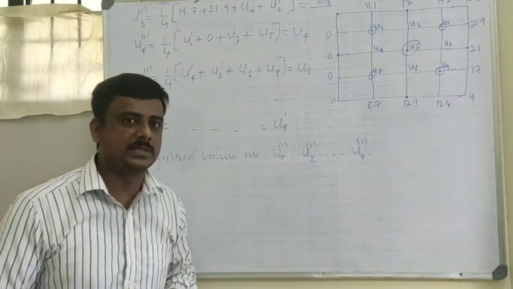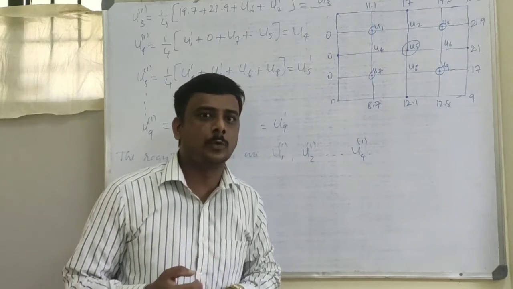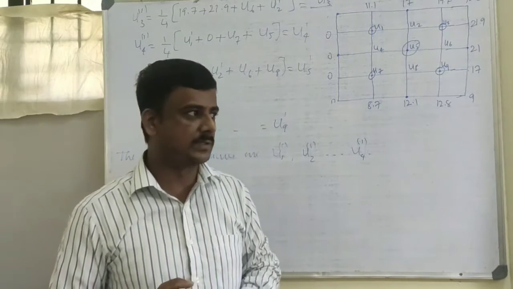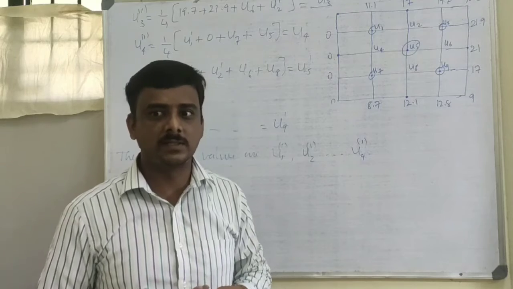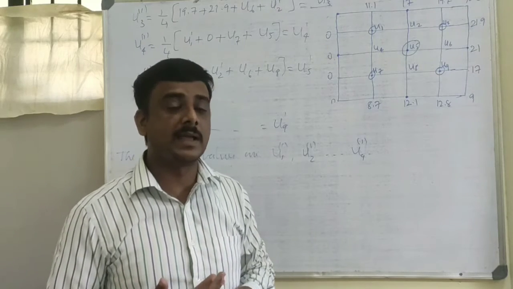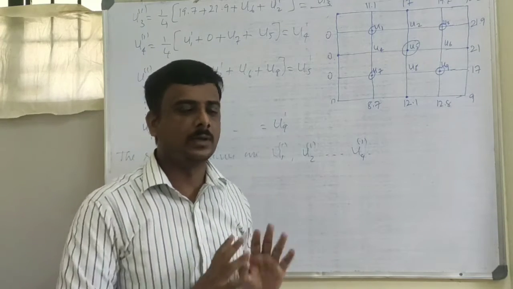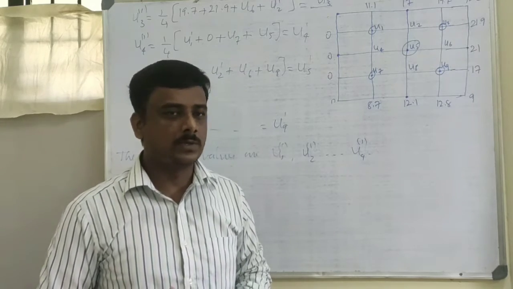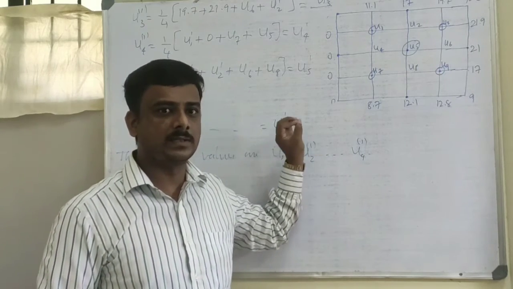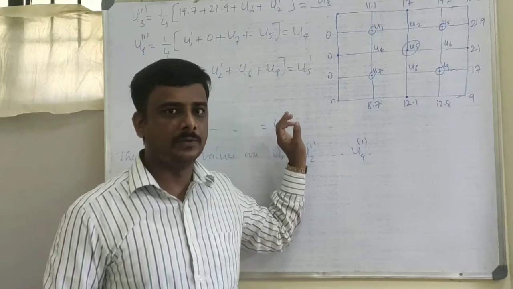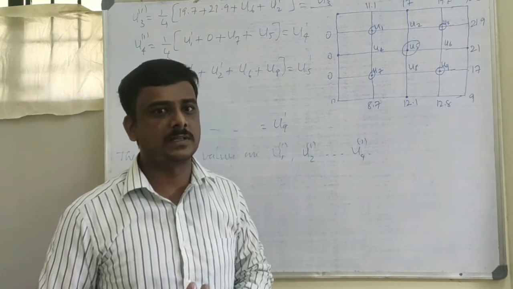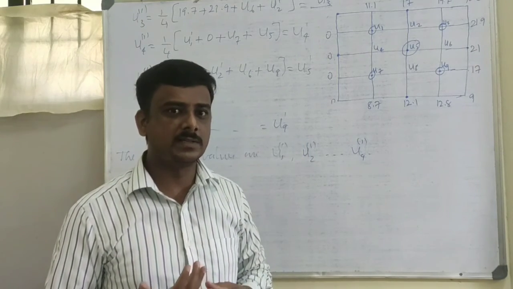So totally we have discussed heat equation, wave equation and Laplace equation. There is only one more method, the Crank-Nicolson method, that I have not included now. If you study this, that is enough for unit 5. In the next video we shall discuss canonical forms, that is unit 2.